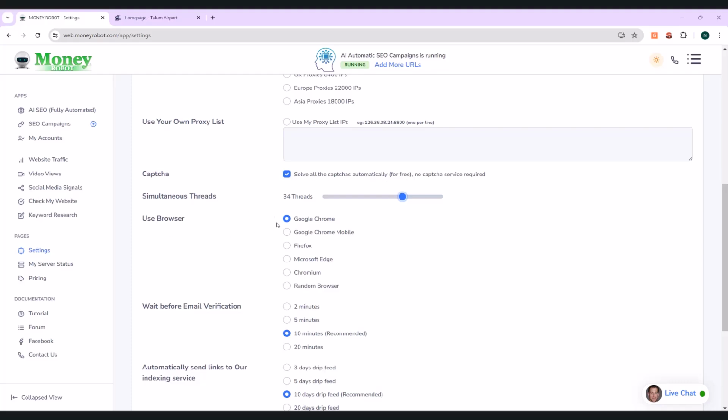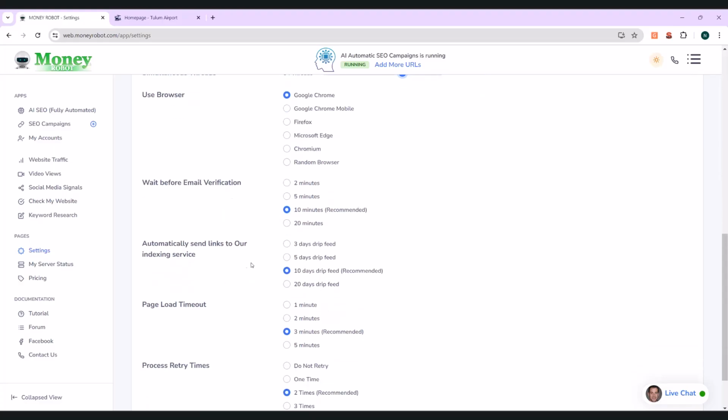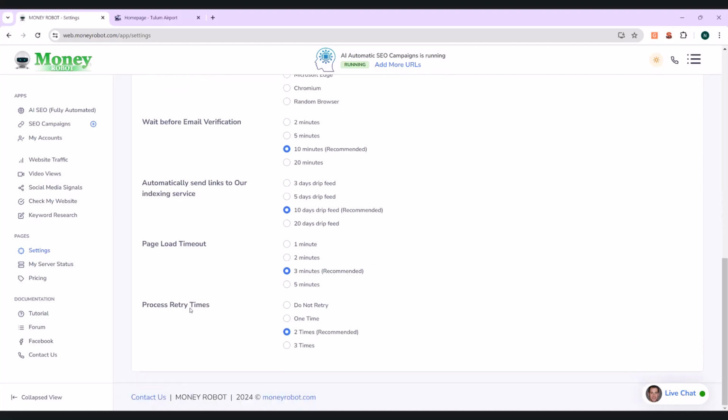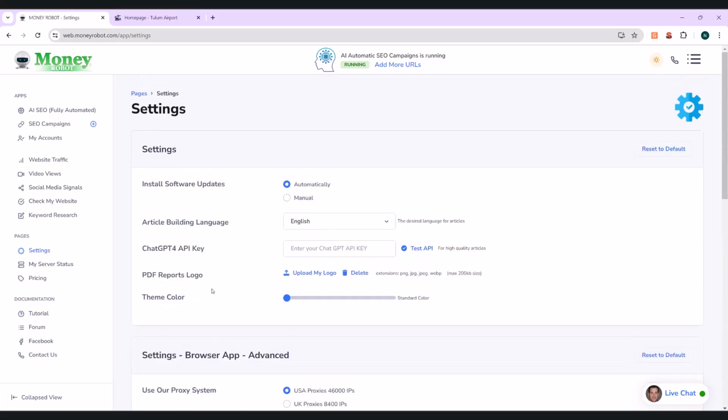Then the user agent, the browser you are using, how many emails, verification time, the indexing service that's also included with Money Robot, the load time, and process retry times. I hope this gives you a really good idea how powerful this version is and how much you can do